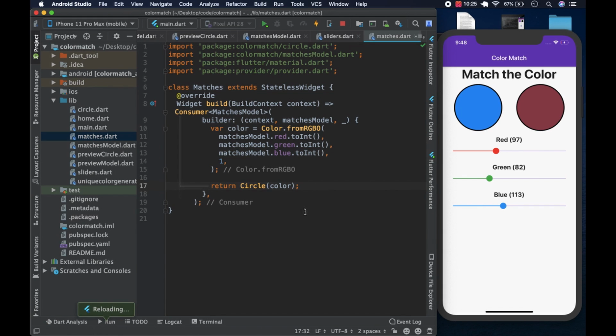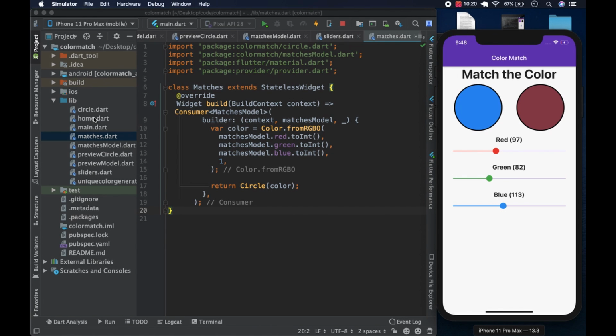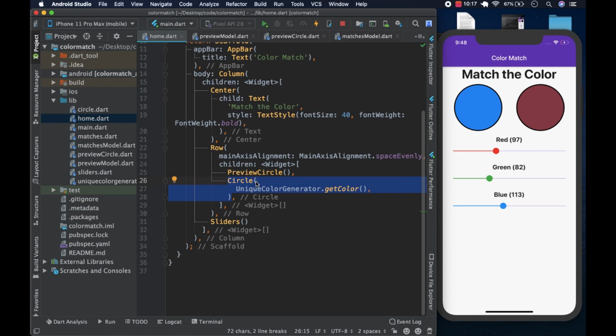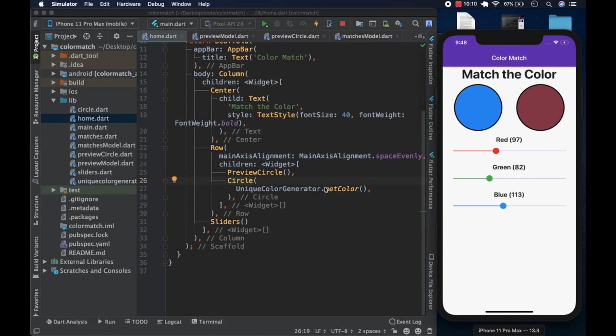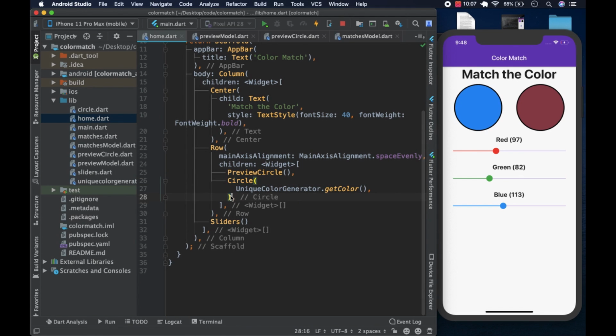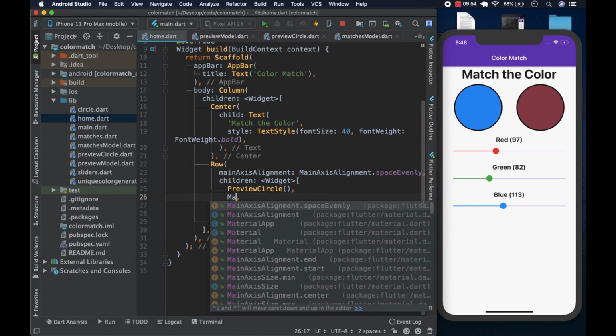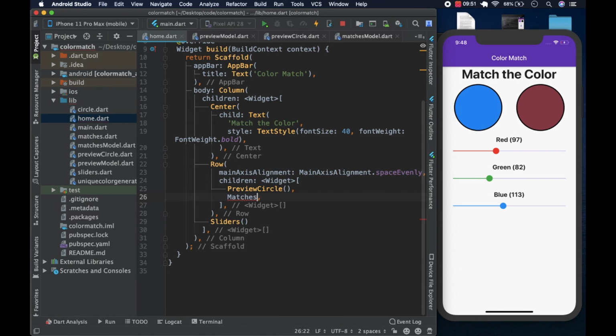Like so. If we have done everything correctly, currently, remember, we come home here and we can see this circle in question is getting its color from the same place that this one is getting from, the previous circle, the unique color generator. But what we are going to do now to check if it works is replace this with the matches circle, and that will hook onto the values that the slider controls, and we can change our color. So this is the moment of truth. We say Matches like this, and